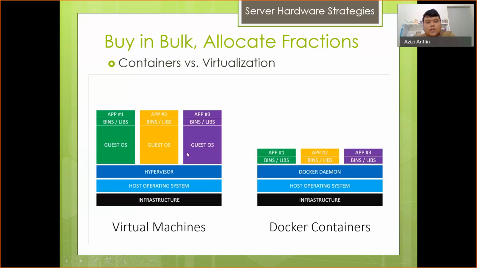So instead of installing an operating system for each of the VMs, why don't we just separate, or partition, the applications within the same OS, right? Basically, in the Docker engine, each application has its own library, its own bin, its own separate memory space. So this is Docker. Docker has better efficiency and better performance than a virtual machine. Okay,